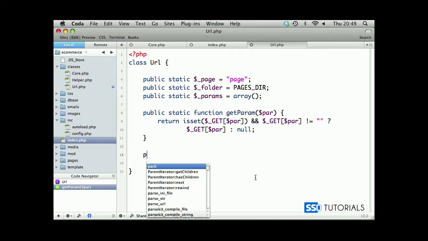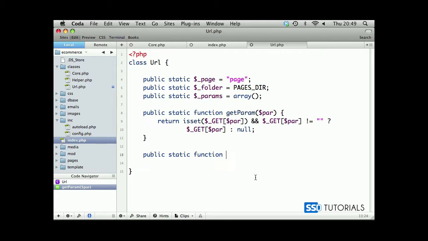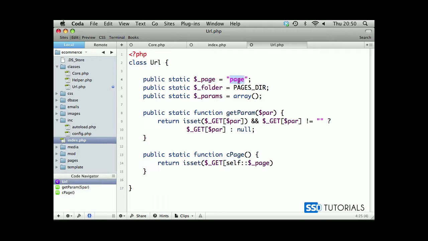Next method will be called public static function cPage, which will return our current page. So return isset GET and self page, which is our page parameter, which means if this parameter is present in the URL, then simply return it. So question mark, if it's true, return this parameter, otherwise return